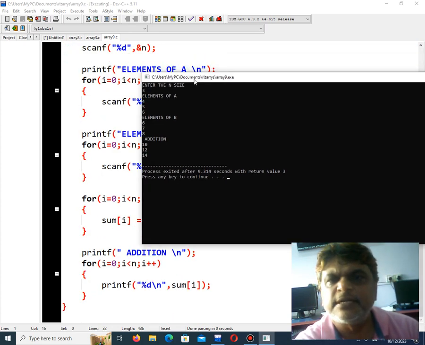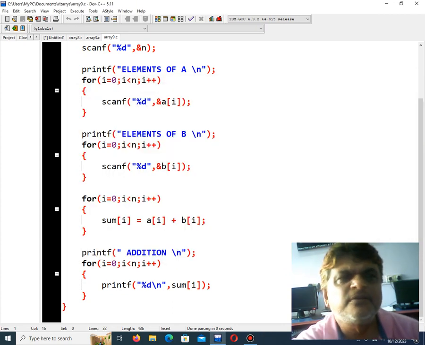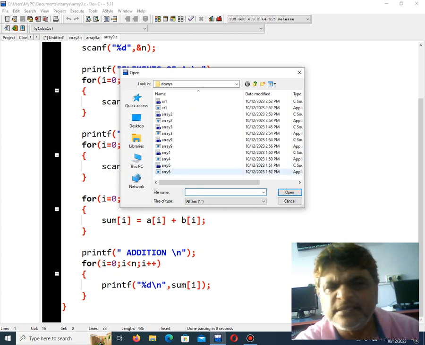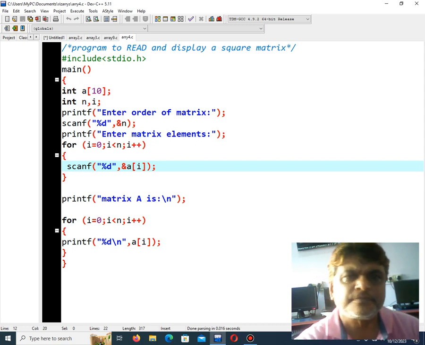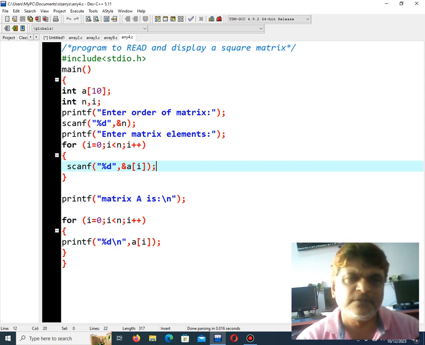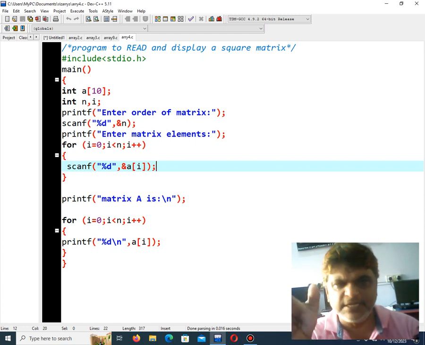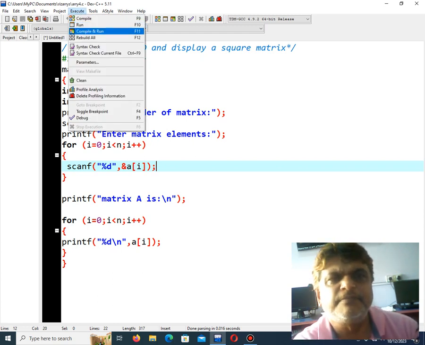Okay. Next, I'll go to the next program. Again I'll go to file, open. Next is regarding this one. Okay, same thing. Now this is for a single dimension matrix. Previously I told about the two dimension matrix. A single dimension matrix is what? Suppose you have only one column but a number of rows. Again, if I go to execute, compile and run,